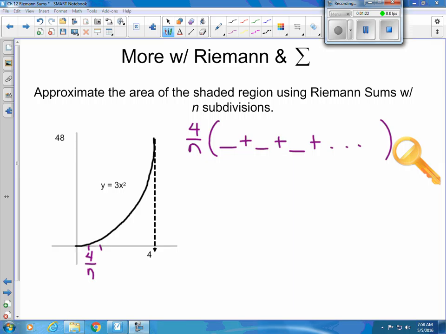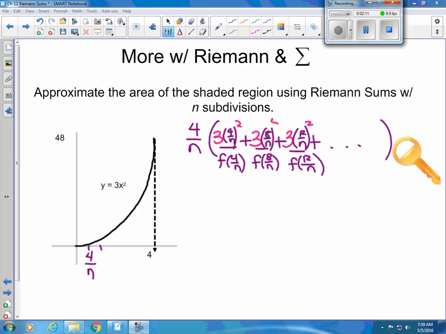Good? Now we're going to plug that 4 over n into the equation, but before I do so, you're going to see me write down, I got 4 over n, what's the next x value? And then, and so on. I'm going to plug it into the equation. Your equation is 3 times 4 over n, and it's squared. That's the difference from yesterday, and it definitely will change things. Then I have 3 times 8 over n squared, and then 3 times 12 over n squared,